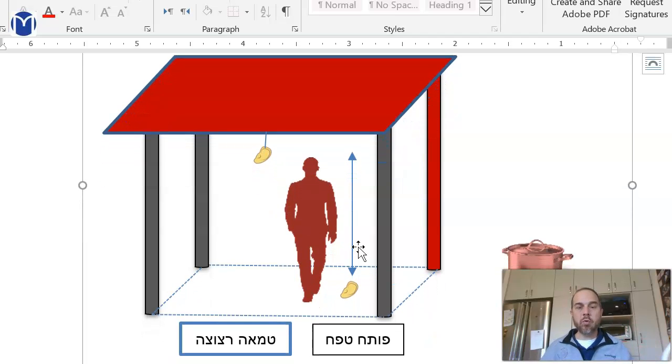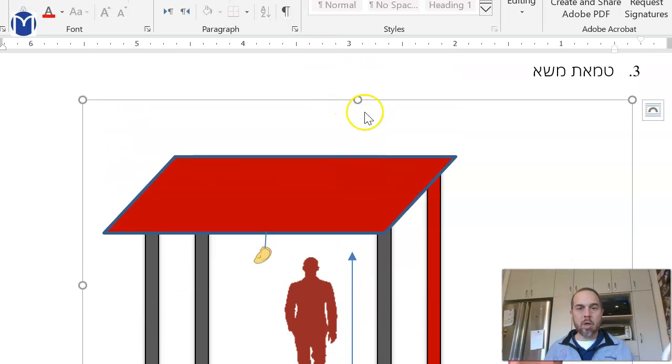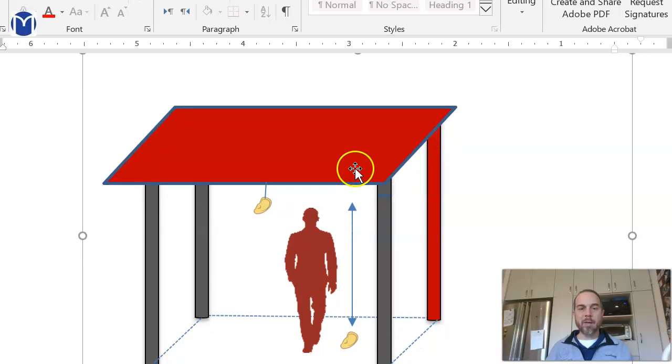But before we do, we have to learn two more concepts. One is called poteach tefach, meaning, is there a tefach between, we've sort of discussed this, between the tumah and the ohel? And therefore, in this case, the ohel stops, it spreads the tumah. This guy is tameh because he's in the same enclosure. But nonetheless, the tumah stops. It doesn't continue. That's one kind of tumah.